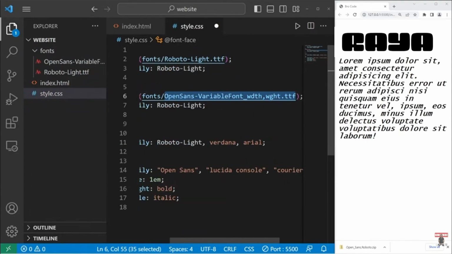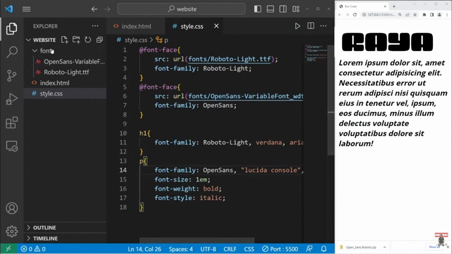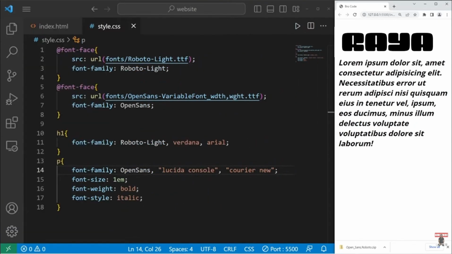Let's add another font face rule. We will use our second font. Fonts, slash, whatever the heck is listed here. I'm going to rename this. This font shall be known as Open Sans. So we need to change